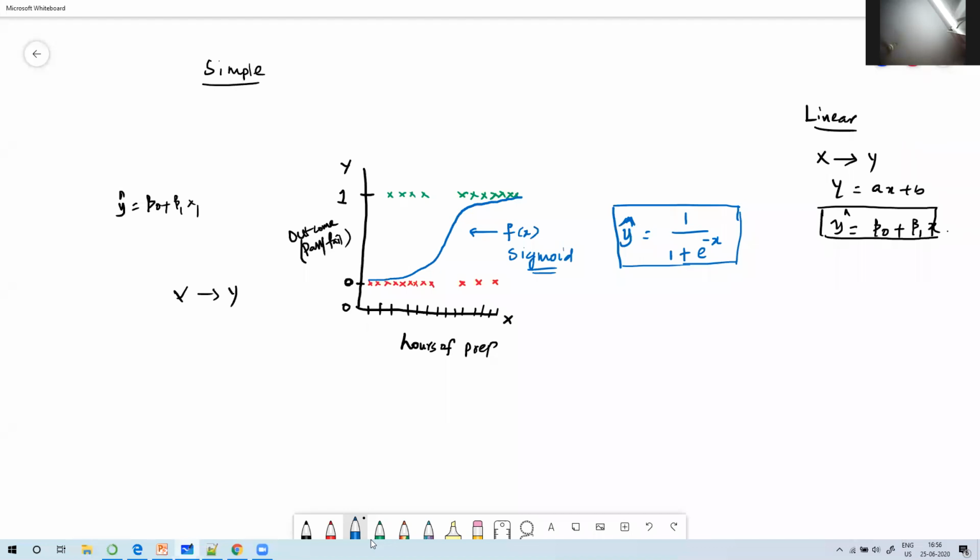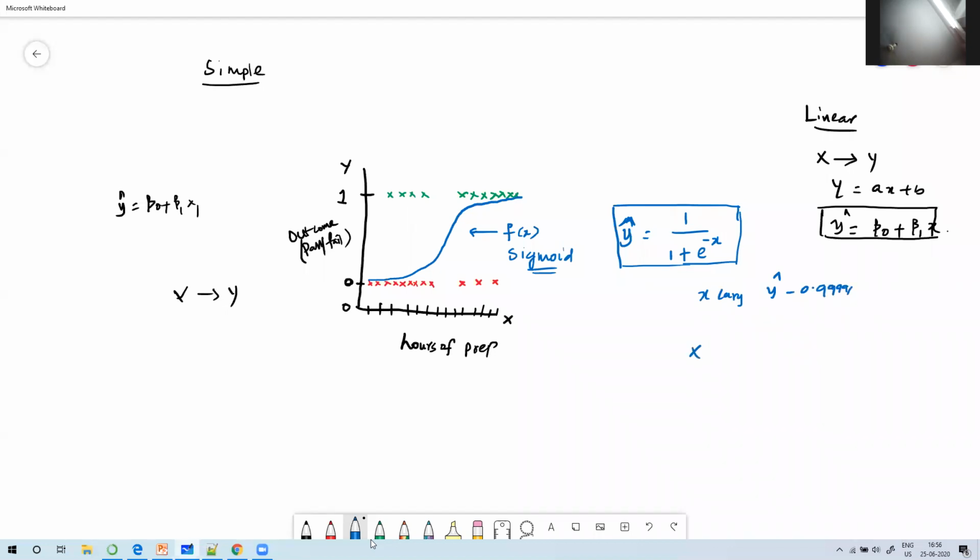Now, think of a large value for X, 1 divided by 1 plus e to the power of, let's say, 10. Now it is minus 10, right? So e to the power of minus 10 is 1 by e to the power of 10, which is almost going to be 0.00000 something. So 1 by 1 plus 0.0000 would take a value when x is large, your y hat value would be close to